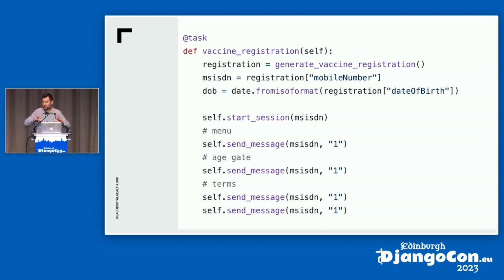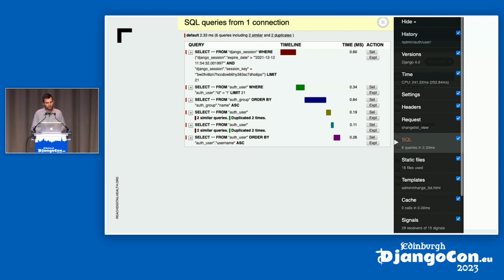Now that you've determined where the problem might be, this view or this endpoint is very slow under load, now you want to know why is this slow under load. Dig deep into that. One of the most useful tools I've found is quite a popular tool. It's called Django Debug Toolbar. You navigate to a page, it will give you so much information about everything that was used to